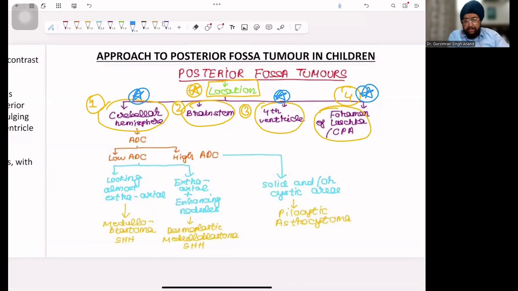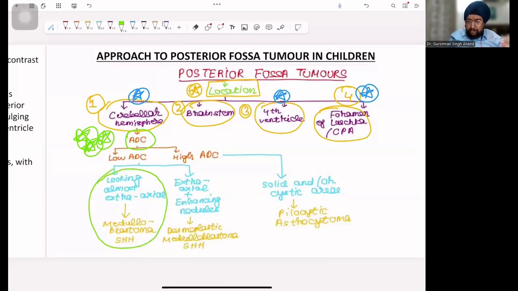Let's start with the cerebellar hemisphere. So the first thing what we need to look upon is your location. The second very important point is your ADC values. So for differential diagnosis, two things are very important. First, you have to decide what is the epicenter of the tumor or the lesion. And next thing, just look at the ADC maps. If it has low ADC value, it means it is showing good diffusion restriction. Check the nature. If the tumor is looking almost like extraaxial,